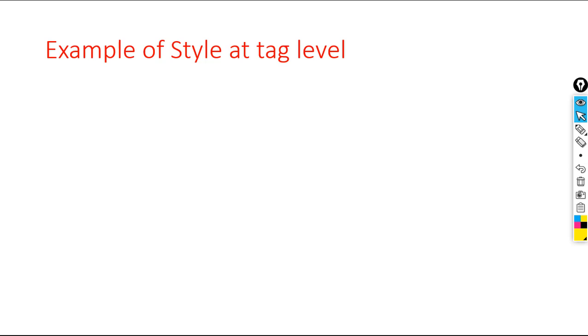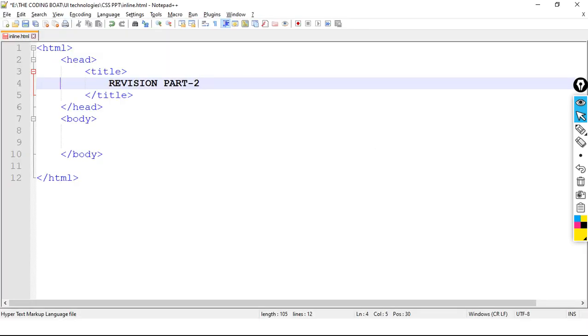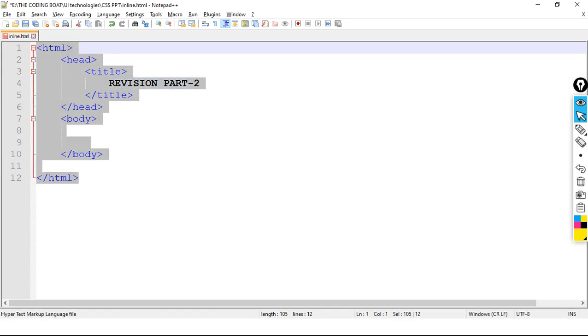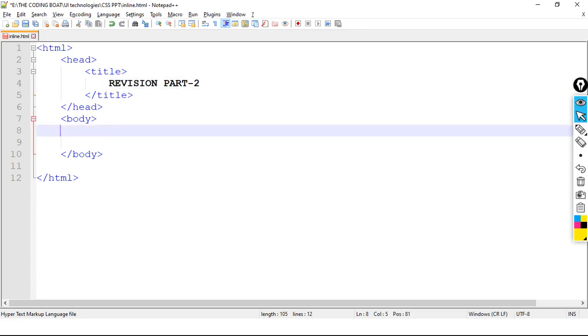Let's move to our code editor. This is our code editor, Notepad++. Already I have written the basic structure of the HTML code, and here the title is revision part 2. So currently we are learning the inline styling approach.